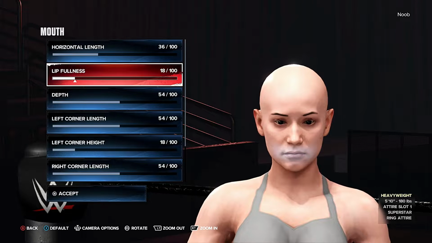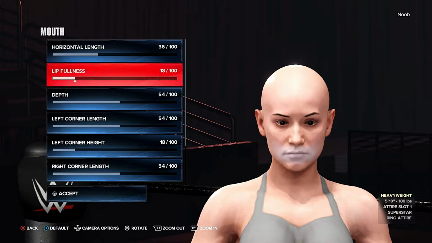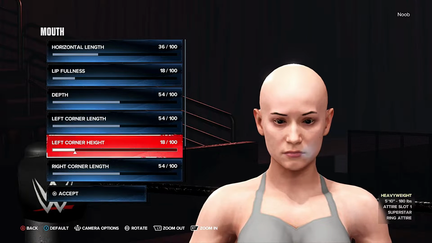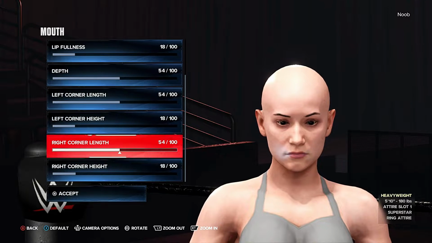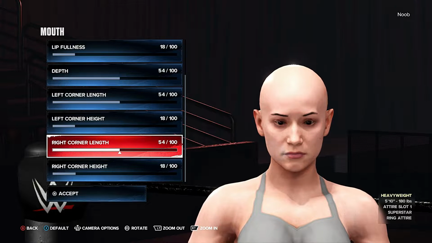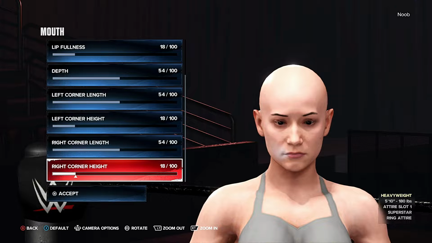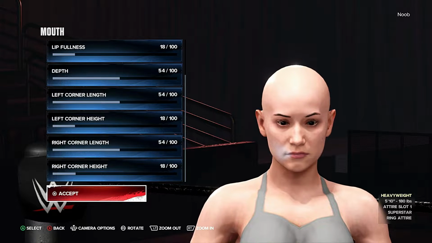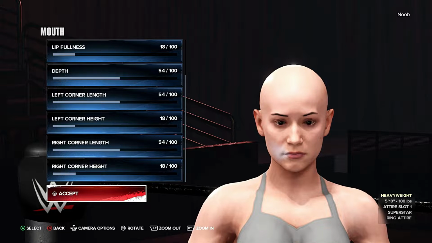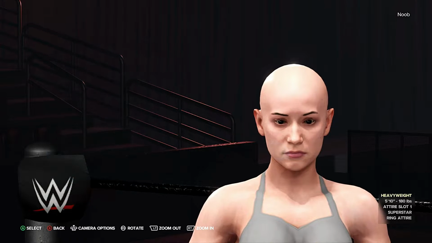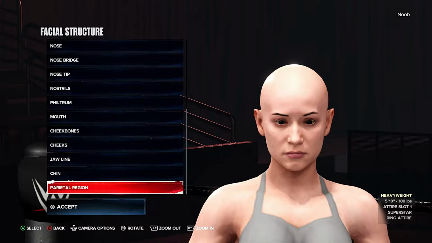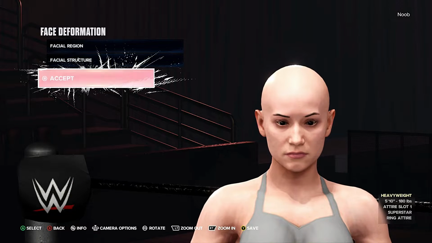So lip fullness is 18, horizontal length 36, depth 54, 54 for left corner length and left corner height 18, right corner length matches the left corner, which is 54, then height matches the left corner height of 18. So if you keep this, it will be good, but if you want to change that, that is totally up to you. So rest of the face you can edit whichever way you like. So once that is done,